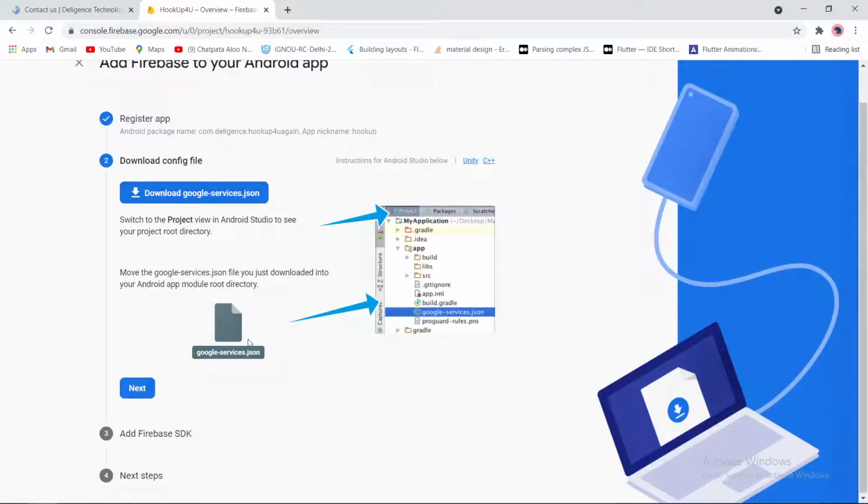Once you have registered your app, you can see this google-services.json file. This file is very important, and we need to download it here.